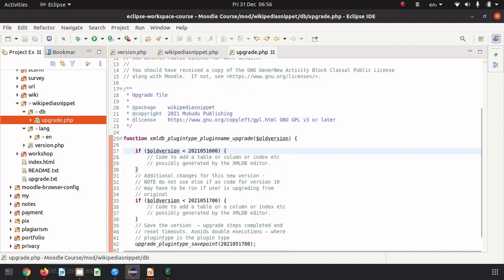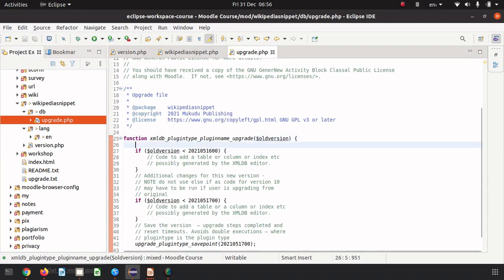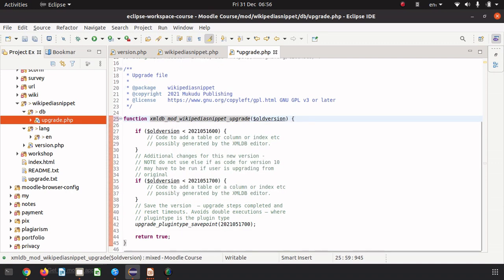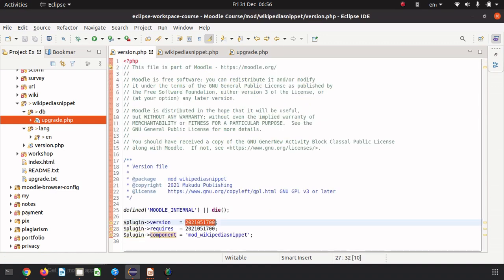What would generally be happening is something like, I'm not sure whether you have to use the mod underscore. We'll just pretend that we have to, and then that is called during upgrade, and then the old version, the version that's currently installed in Moodle, will be passed through to this function. So if you remember our version, which is 0517 there,